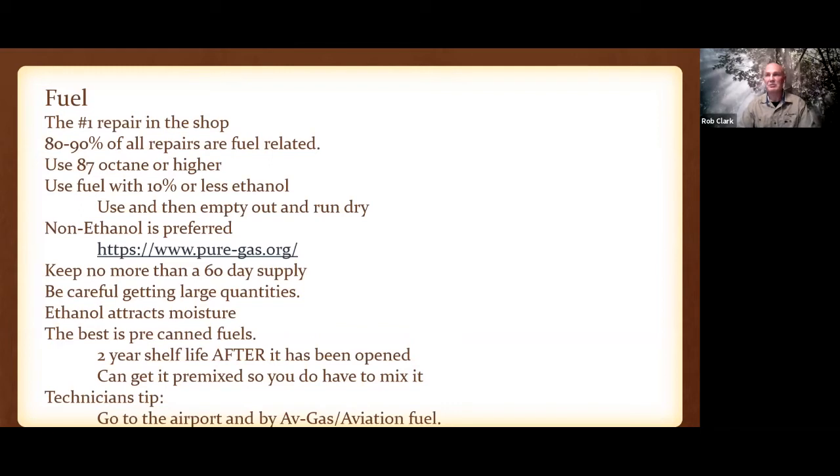So here's a technician's tip for you. Simply go to an airport. Most small airports, the one local around here is Aurora Airport. And you go up and you tell them that you want to buy avgas or aviation fuel. Don't get jet fuel, that's a diesel, but get avgas. It's the same thing that you're buying in the can. You could buy big quantities of that if you want. You could buy 5, 10, 15, 20 gallons. You could buy as small as 1 gallon if you want.